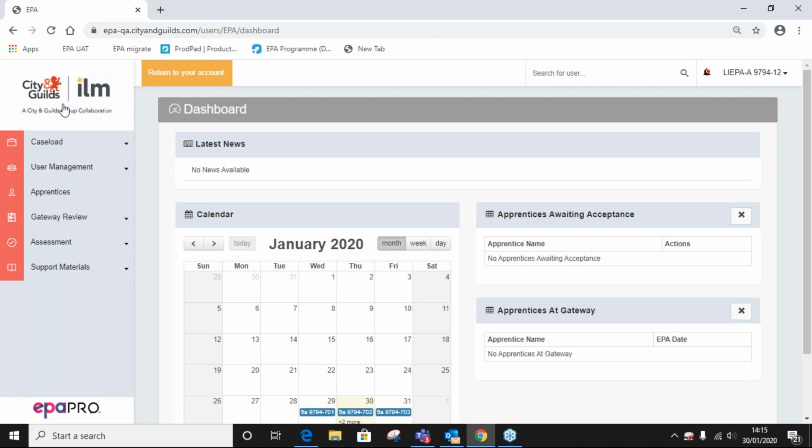Okay. Maybe what I wanted to do now was to show them when we go in as a LIEPA. One thing I need to underline to everybody is that currently on the system, as a LIEPA, you will be able to see the work of all the IEPAs in that particular team for that particular standard. So there currently isn't a mechanism for allocating you a set of IEPAs.